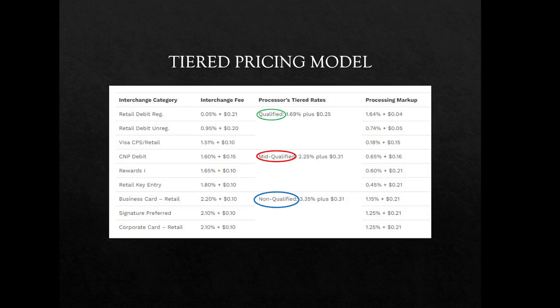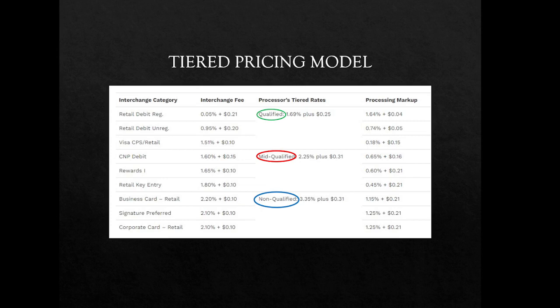Giving you an example here of what a tiered pricing model looks like. What they'll do is they'll group certain credit card types used to make purchases together into three separate tiers. Transactions with a lower interchange rate charged by the card brands are labeled and tiered as a qualified rate. Okay, the next highest interchange rates are grouped into a mid-qualified rate, and the transactions or cards used with the highest interchange rate that come across from the card brands receive the highest markup and are labeled